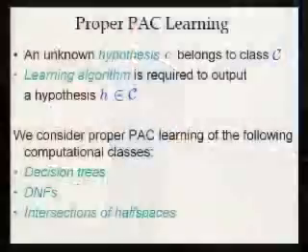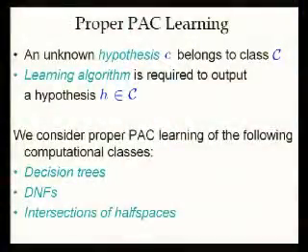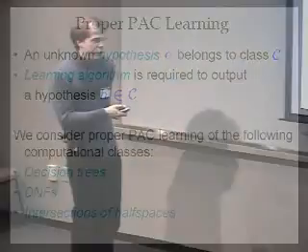And finally, the algorithm is efficient for PAC learning if it runs in time polynomial in the number of variables, in the size of the unknown concept, and in these error probabilities. So let's get it clear: it's the size of the concept. It's the length of the syntactic representation of a concept as a string. All right, if there are no questions,